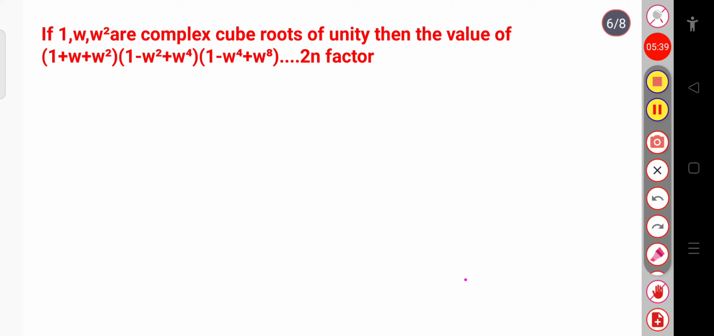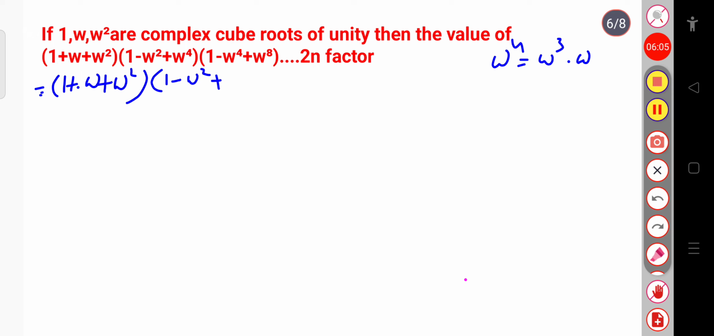So this will be equal to 1 plus omega plus omega square into, in place of the second term, 1 minus omega square plus omega power 4. When omega power 4 is written, that will be equal to omega cube into omega. Omega cube you know is 1, so 1 into omega is omega, so I can write here plus omega. This is for the second term, that is for omega power 4 we are writing omega. Then for the third term we can write 1 minus, again for omega power 4 I am writing omega, and for omega power 8